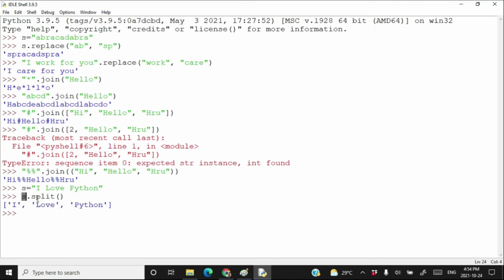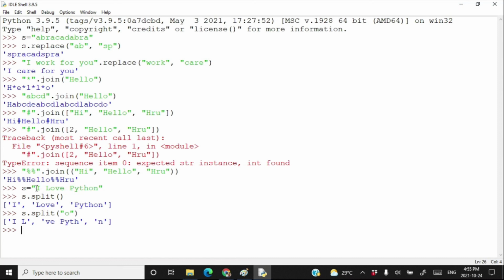Okay, this is what the split method is. But you can split the string by using a character of your choice. What I mean here is that if I write s dot split and in between I write o, it means split the string on the basis of o. Here the string s was split based on o.